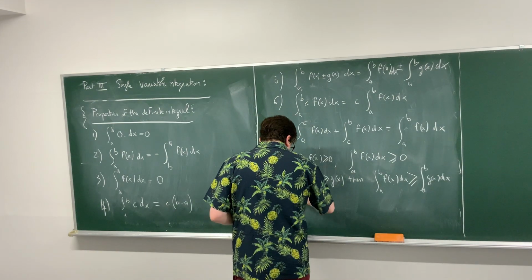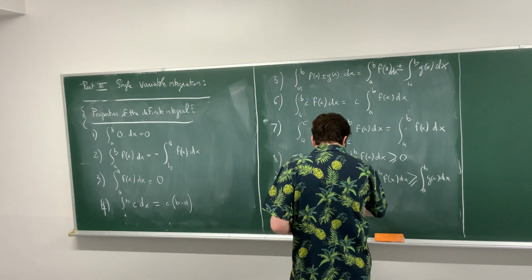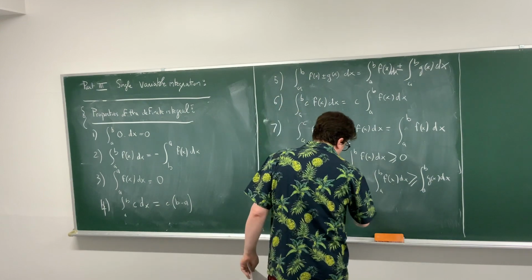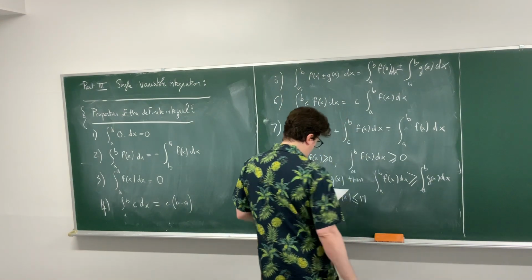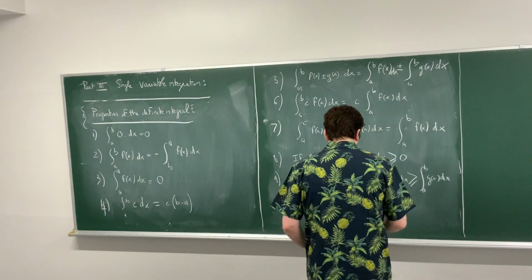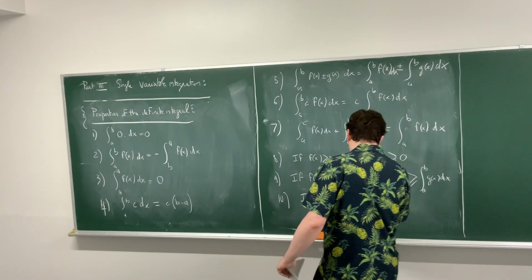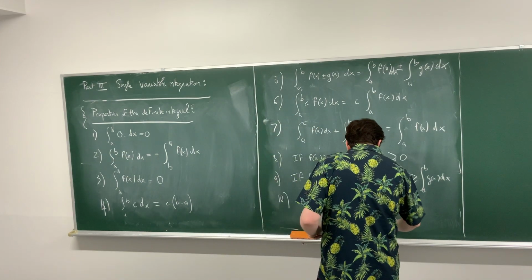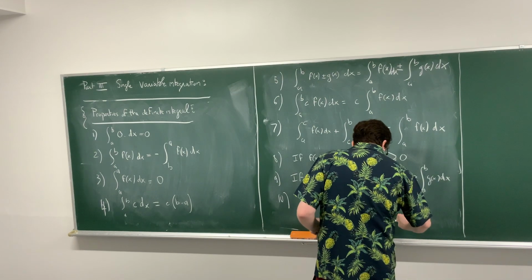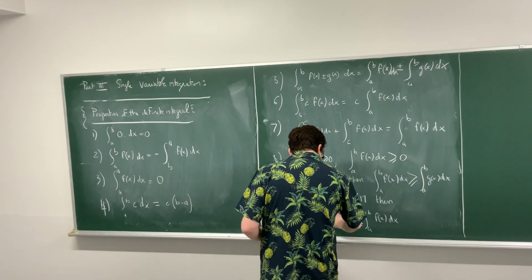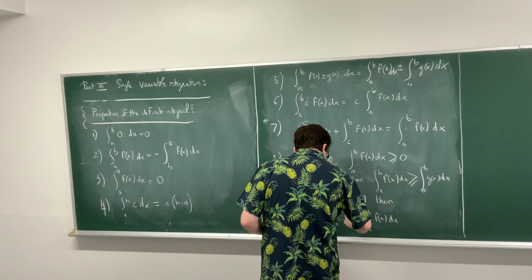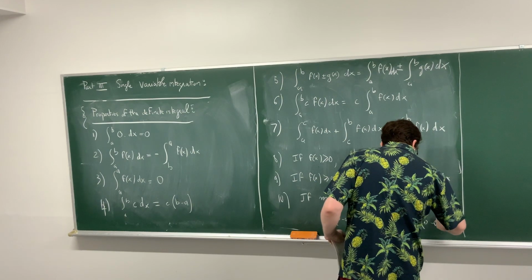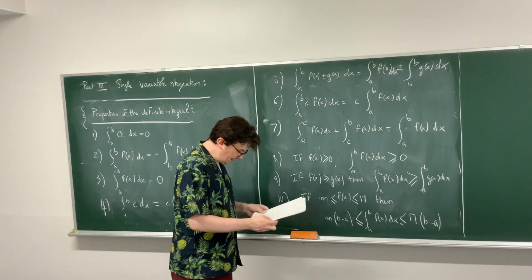Property 10: if your function is bounded on the left by some value small m and on the right by some capital M, then you get the following bound for the integral. The integral of f will be bounded on the left by m times b minus a, and on the right by capital M times b minus a. Okay, so that is 10